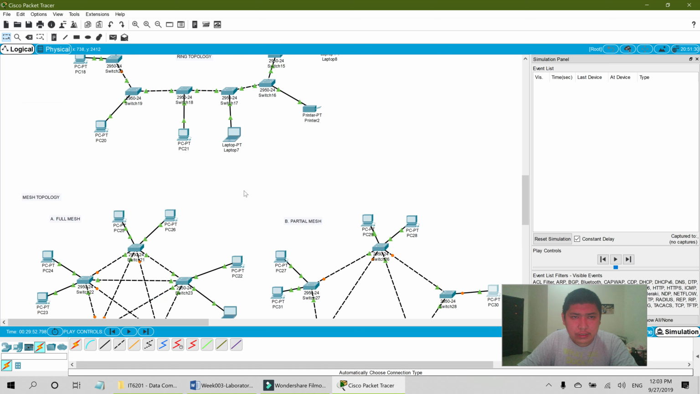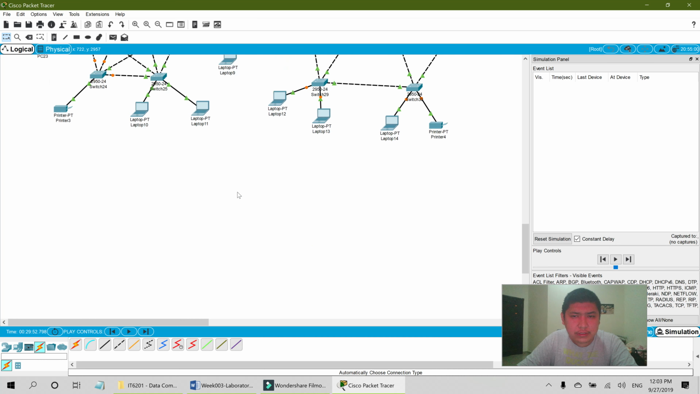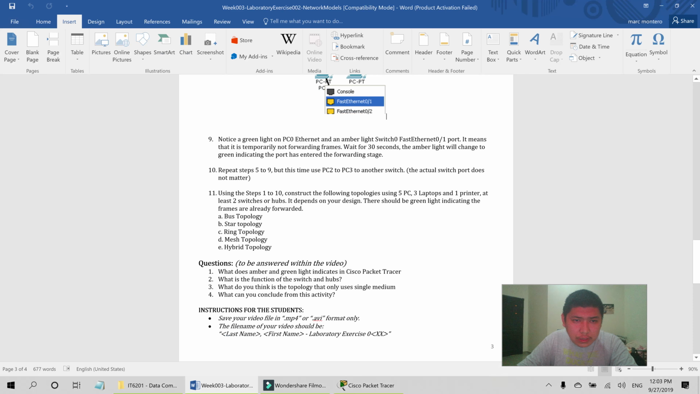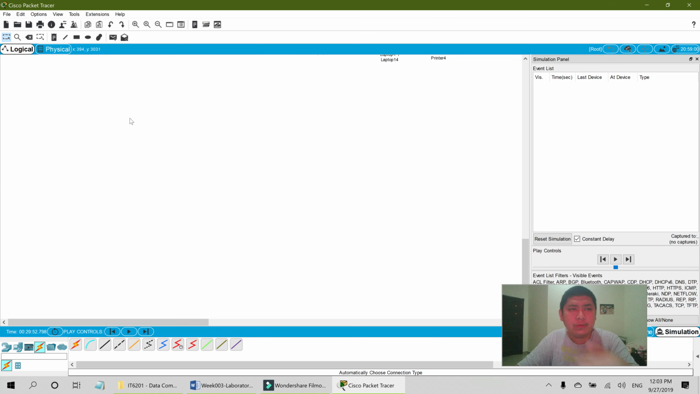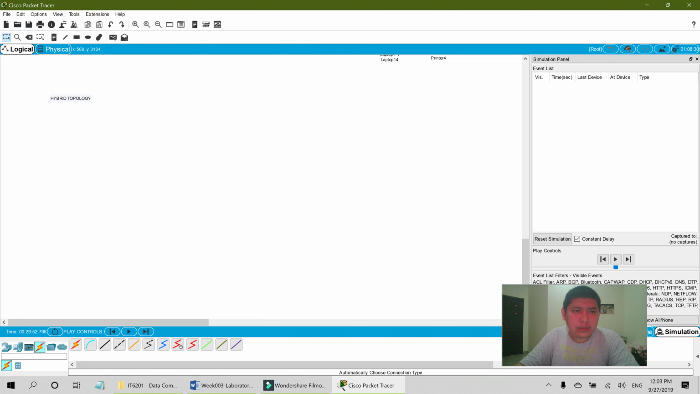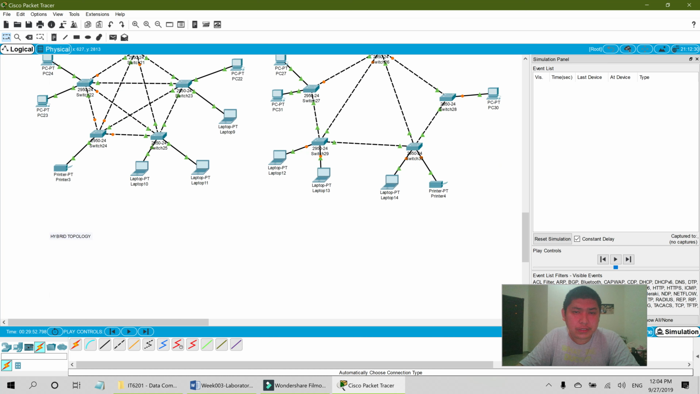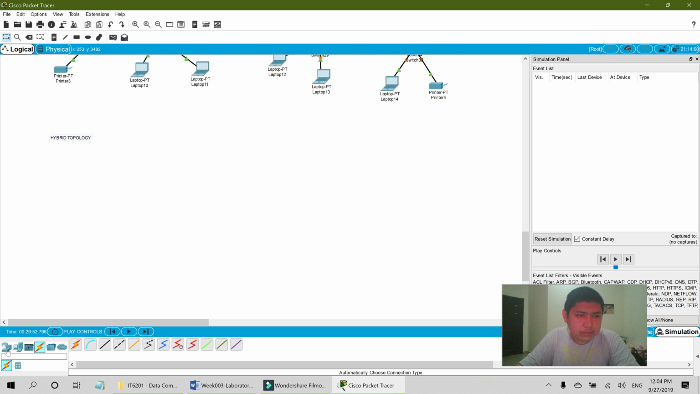Okay, so we have that: star, bus topology, and next is hybrid topology. Okay, for hybrid topology, I'm gonna use hybrid topology. So for hybrid topology, I think I can just combine these topologies, mesh topology, like full mesh and partial mesh. Okay, so I'm gonna use switch